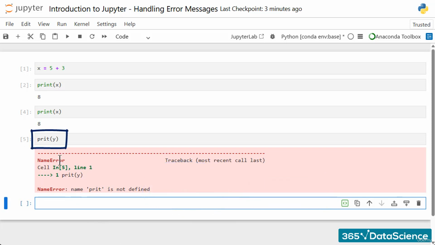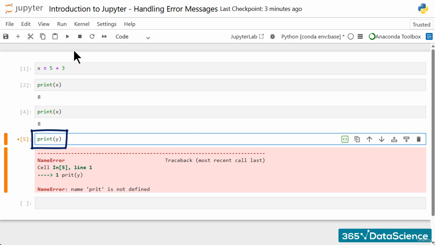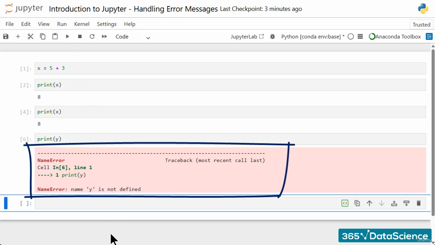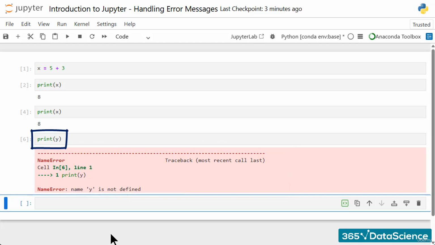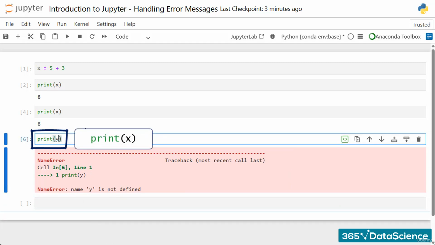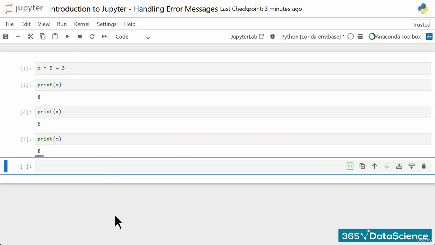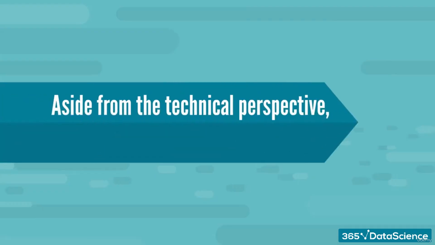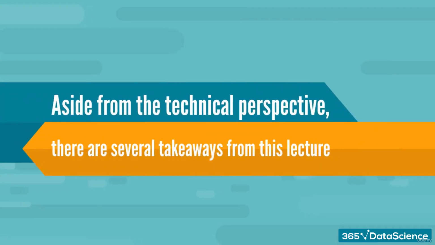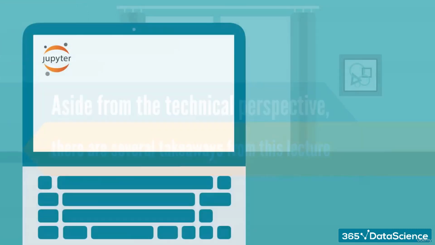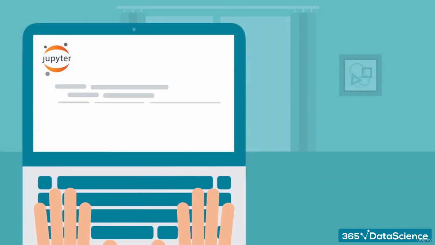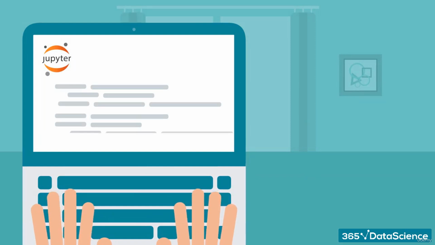However, when you correct this and re-execute the code, you'll receive an error message again. At least, this one looks familiar. You know how to solve it within the boundaries of our example. So, substituting y with x can finally lead to the right outcome. All right. Aside from the technical perspective, there are several takeaways from this lecture. We can't rely on Jupyter to be always telling us the exact reason why it was not able to execute